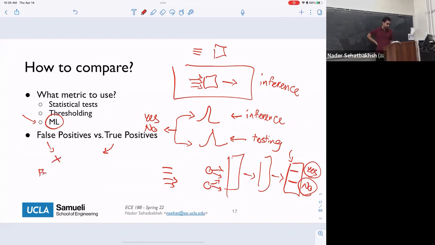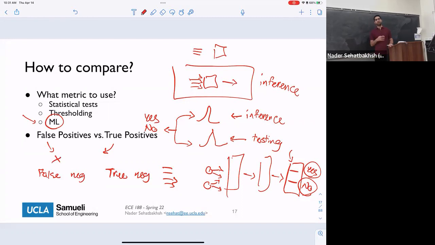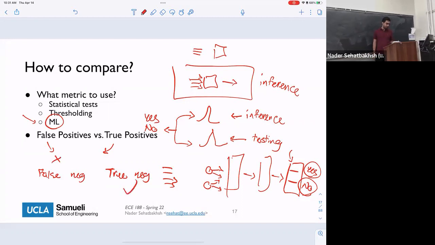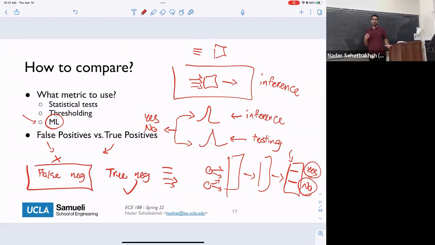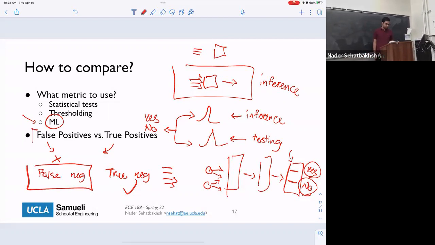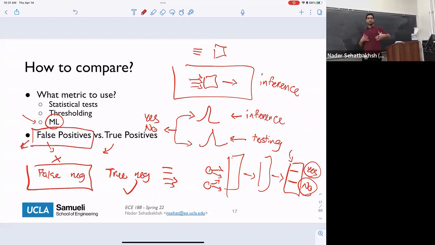And then we're also going to have false negative and true negative. Same story here. True negative is actually legitimate software that our system also correctly labeled as not malicious. So we like that. But false negative is those that we think are not malware, but are indeed malware. This is the most dangerous one, and we have to be very careful to minimize the false negative as much as possible. The ones that are hard to reduce are the false positives, when your system is very, very sensitive, so that even for some legitimate software, it thinks that it's actually malware.